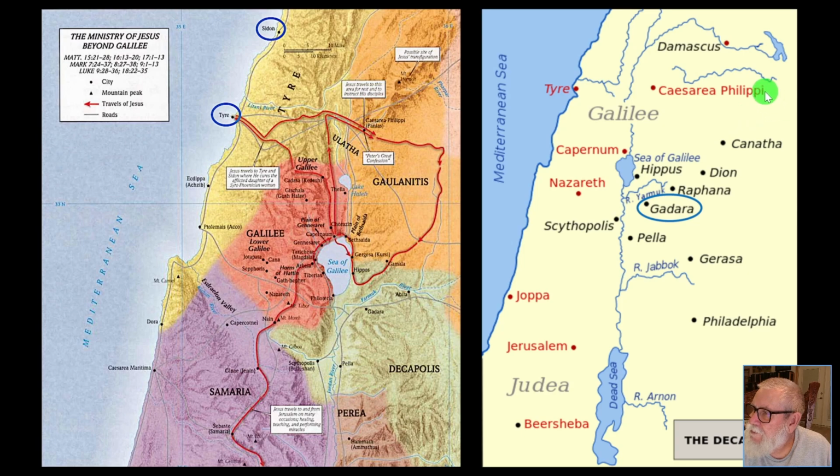diatribe to a close. Here at Caesarea Philippi, that's the source of the Jordan River. And in the Bible, Caesarea Philippi was famous for one of my favorite stories in the entire Word of God. Jesus had gone to Caesarea Philippi, and he asked the disciples,